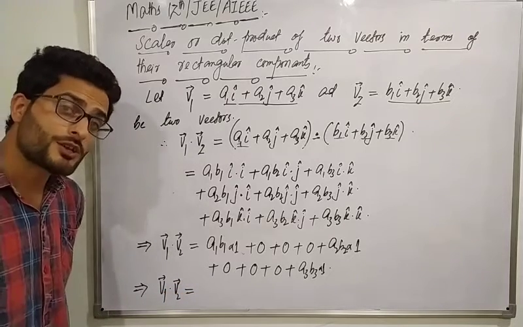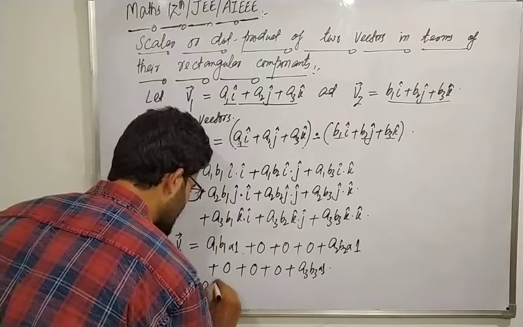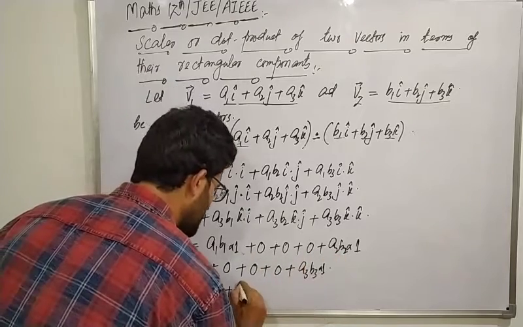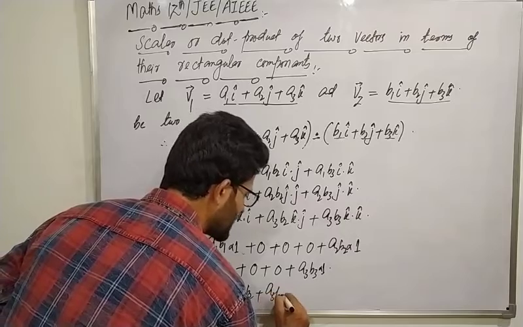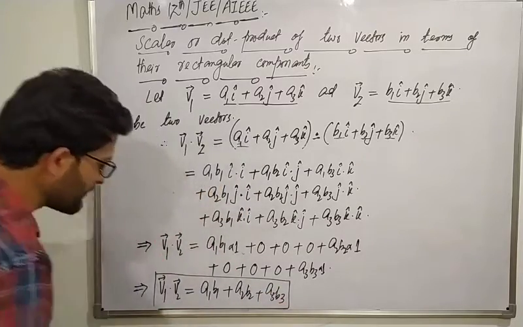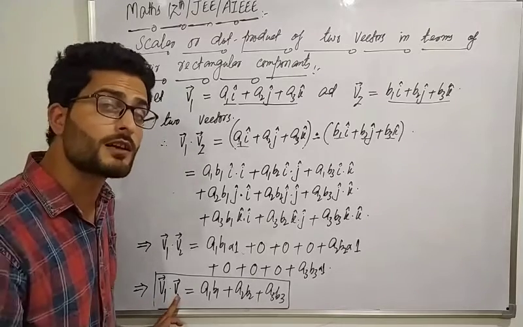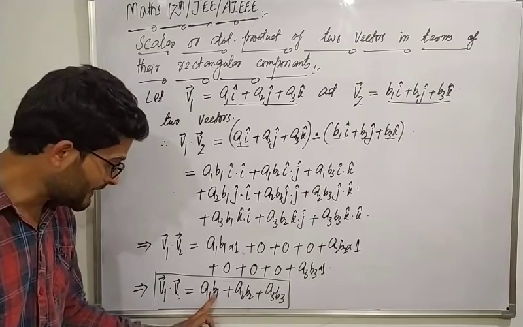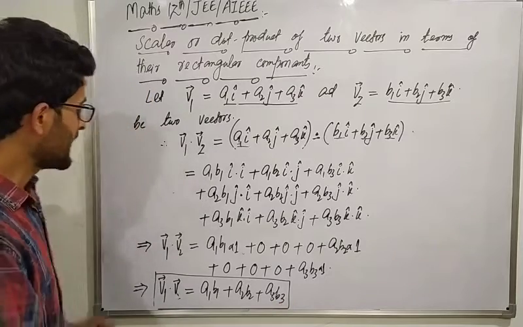mentioned in terms of their rectangular components is equal to a1 b1 into 1, so that is a1 b1 plus 0 0 0 को छोड़ दो तो a2 b2, हाँ जिगरा, और प्लस लास्ट में आएगा a3 b3. The most important result, that is the dot product of two vectors v1 dot v2, but when they are expressed in terms of their rectangular components is directly equal to a1 b1 प्लस a2 b2 प्लस a3 b3।